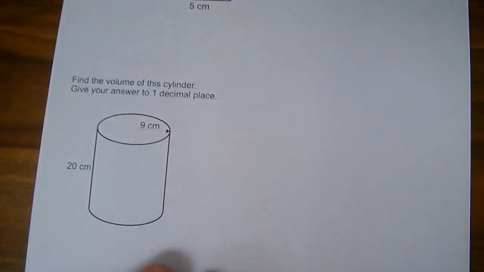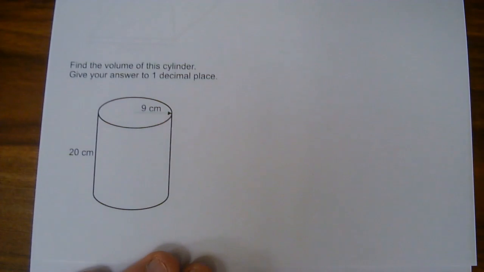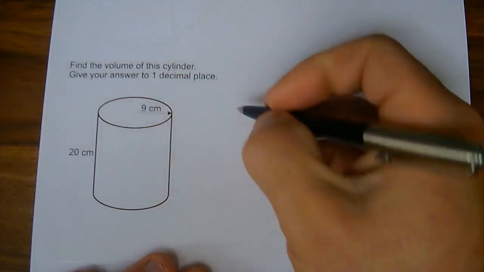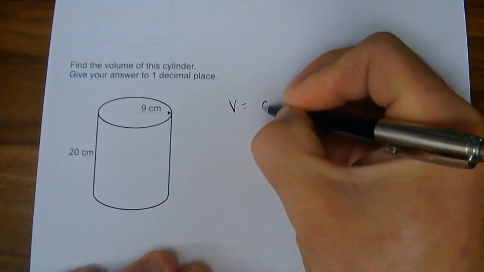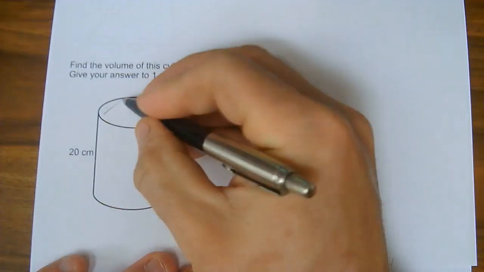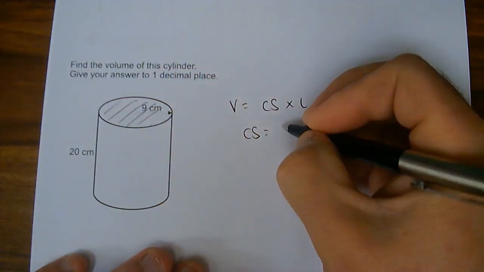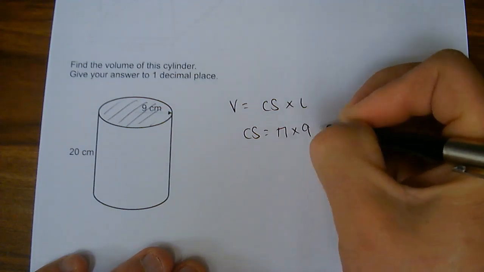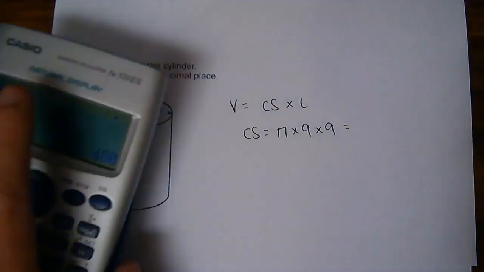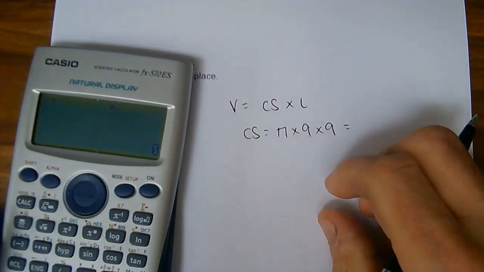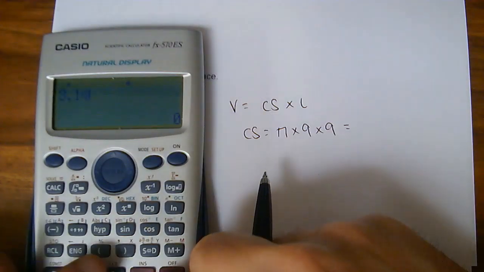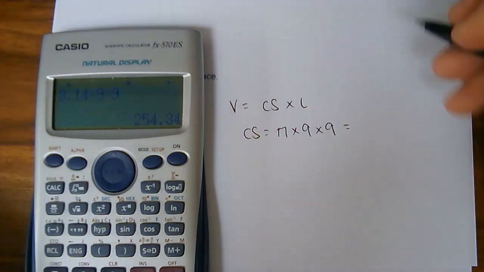Next one, I've got a cylinder. Find the volume of this cylinder, give your answer to 1 decimal place. So my volume equals my cross section times by the length. My cross section this time is a circle. So we've got pi times by 9 times by 9, and I'm going to do 3.14 for pi. So 3.14 times 9 gives me